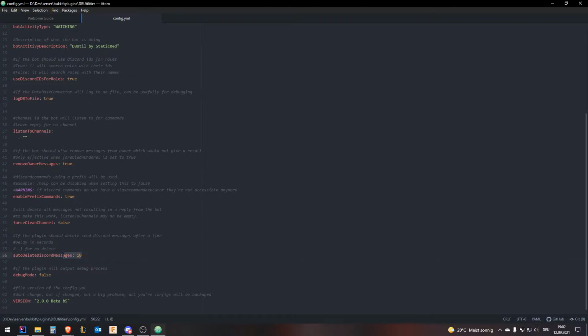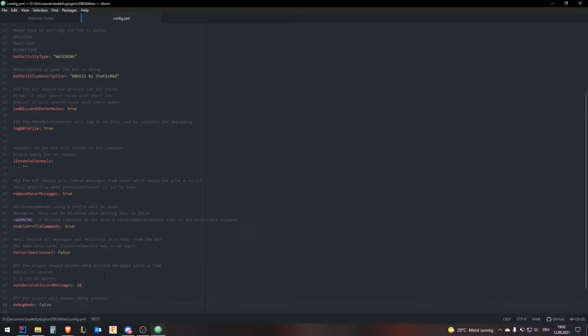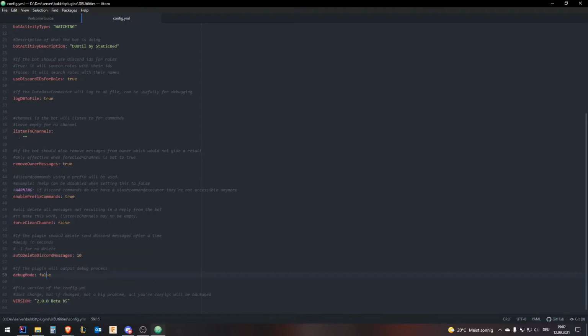Then you can see, set auto delete Discord messages in seconds. And you can put a -1 for non-deletion. Then if the plugin will output debug process, that is really helpful for the verify process later, and also a bunch of other stuff. So I will just put this now for example to true, and then the version, you should not change this,